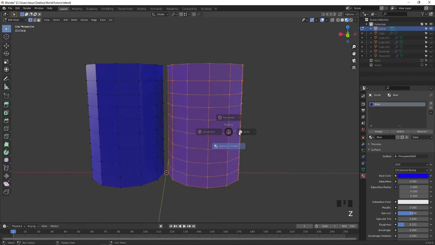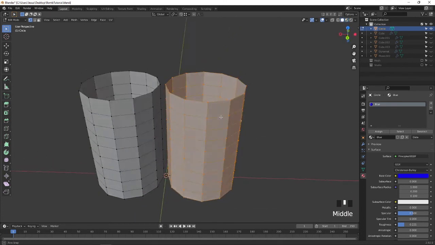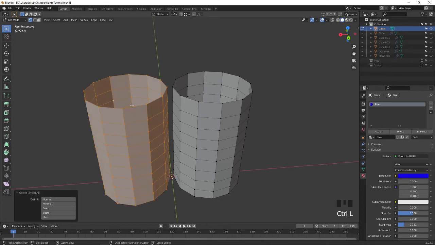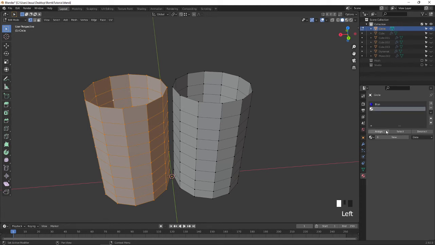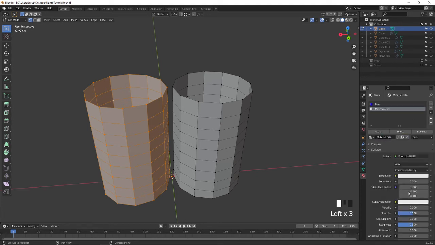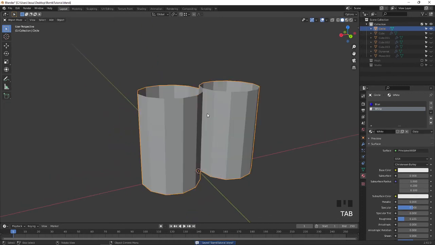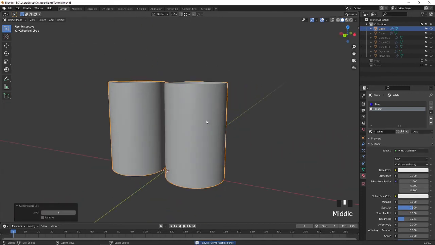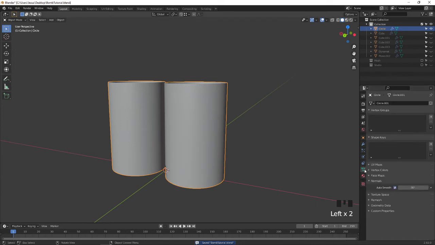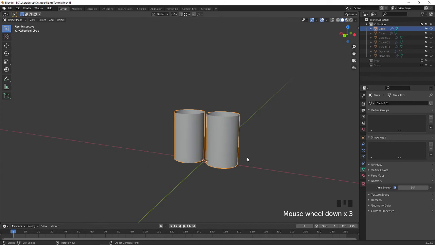Okay, again go back to the solid view, select this one, press Ctrl L and make it 0.221, add assign new, make it as white, and 0.221 same roughness let me give. Go to the object mode, press Ctrl 3 to smooth, right click to add a shade smooth, then go to this triangle and select auto smooth.